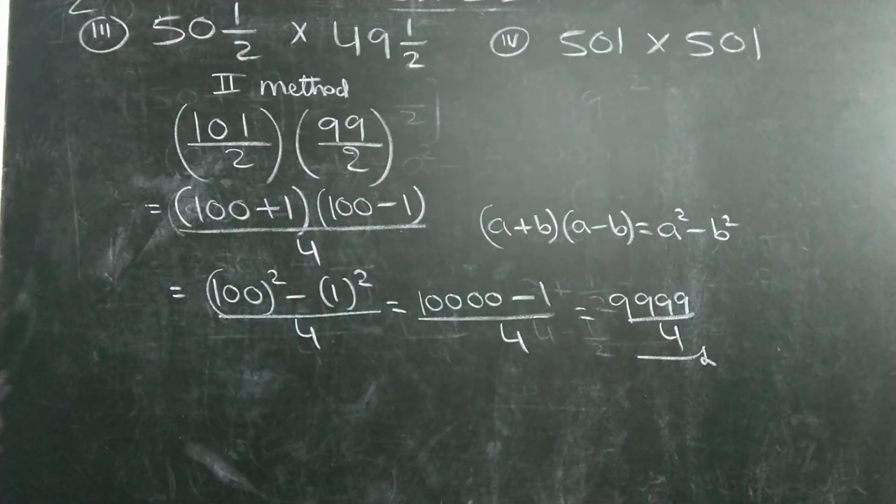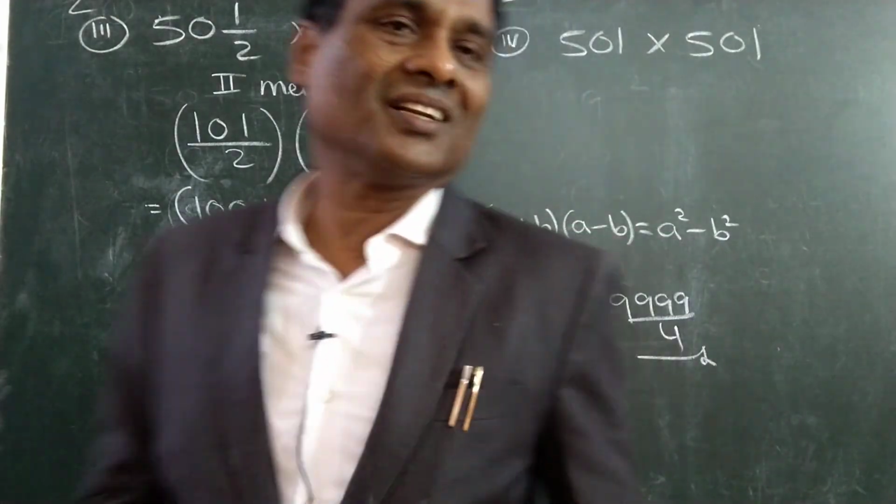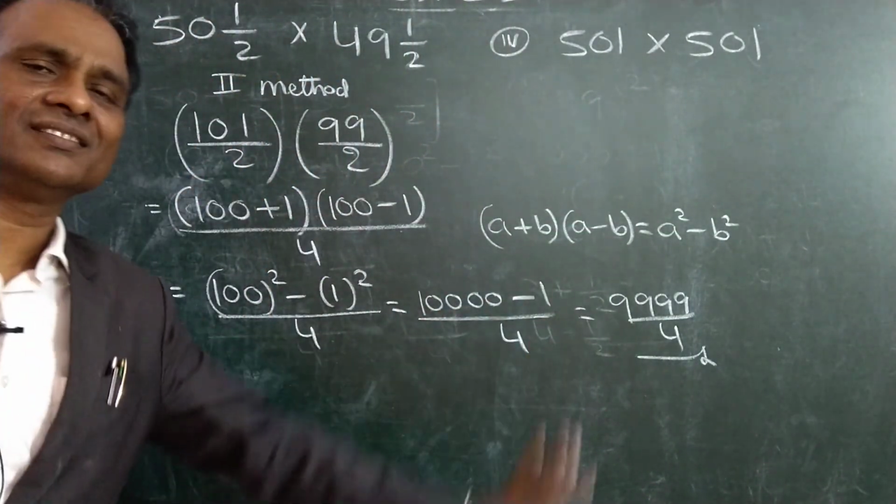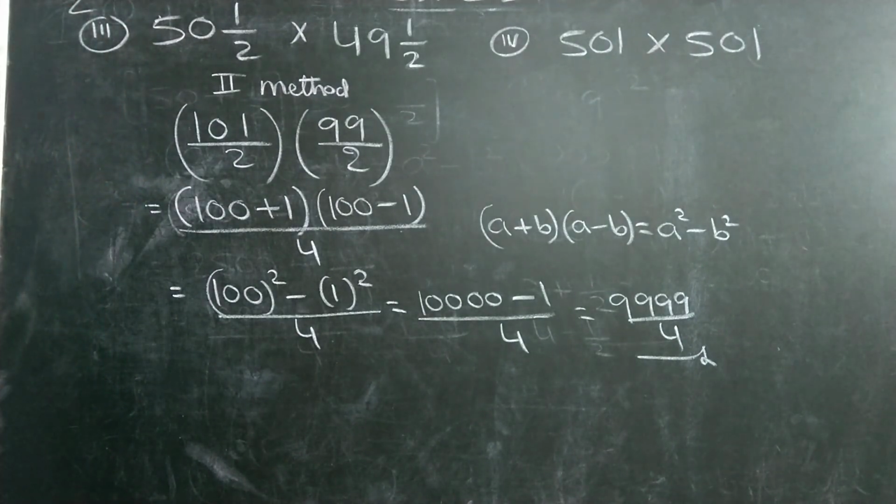This is another method. Balaji Nagar branch. Very good. So the second method seems a little more convenient. So you can do it. If you convert it into improper fraction, this will be easy. Directly we are getting the answer.